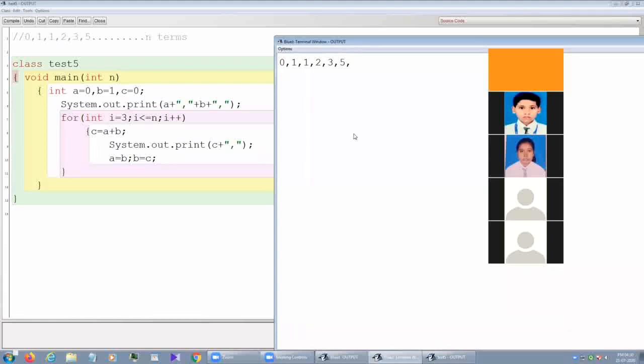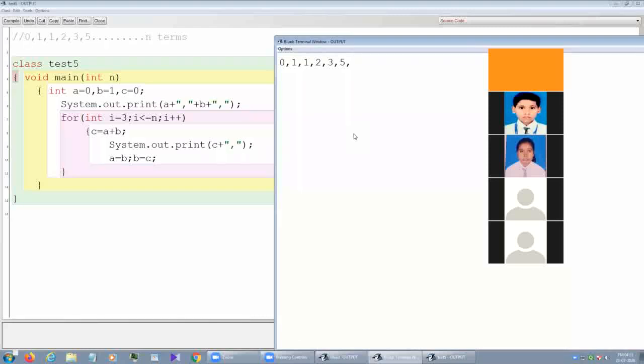Yes sir. So, first the printing statement prints A and B. What will it print then? 0 and 1. Done? So, if the value of n given by the user is 6, out of 6 terms, how many terms have we printed? 2 terms already printed. So how many terms are left? 4 terms. So 3, 4, 5, 6. How many times will this loop iterate? 4 times this loop will iterate.